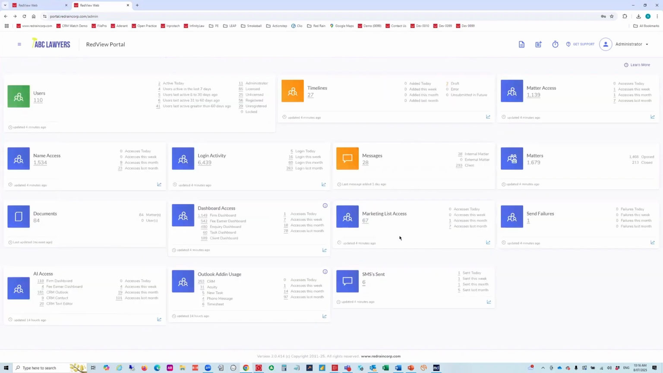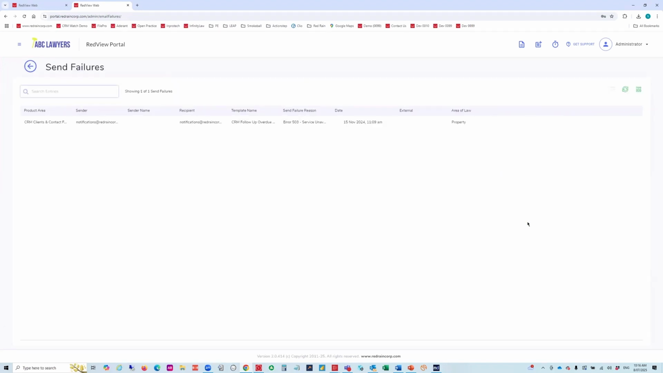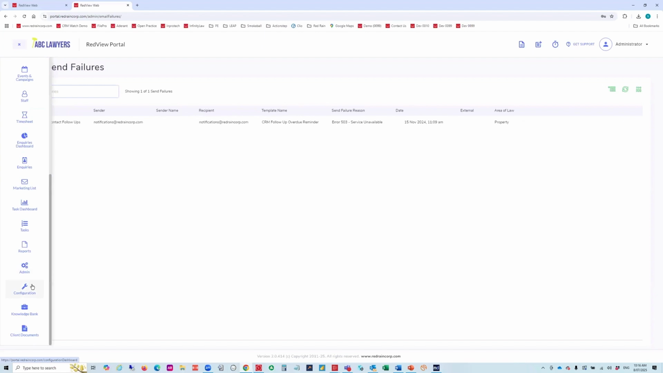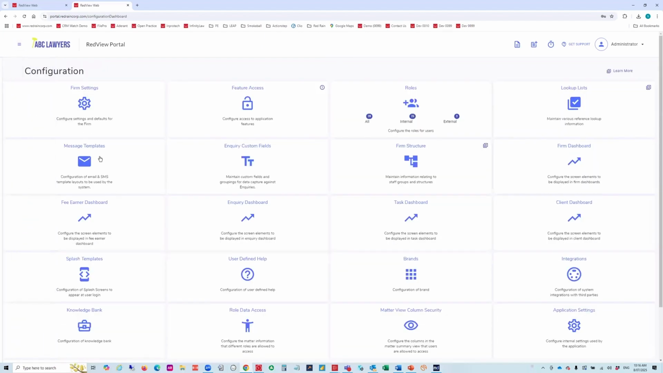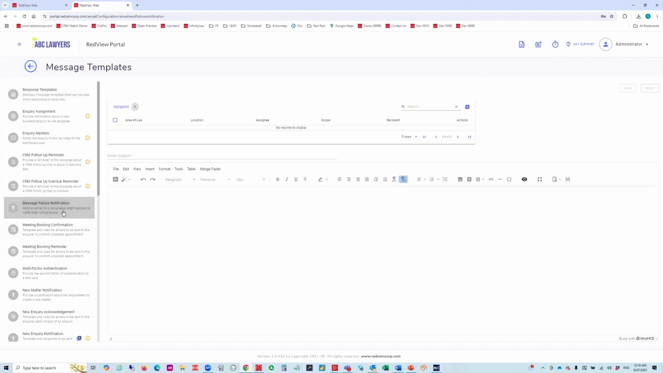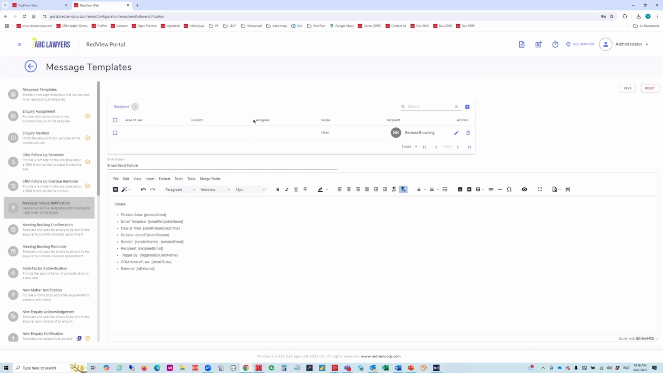The other aspect is if there's a failure. First of all, those failures are logged. So if I click into the details here, we can see what failure occurred and who it was sent to and the like. More importantly, though, what you can set up within the configuration area again is, if we look at the message template here, the message failure notification,